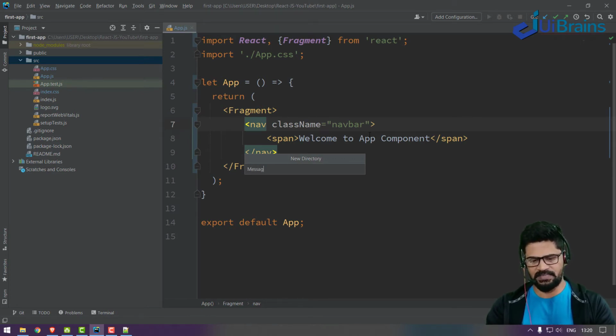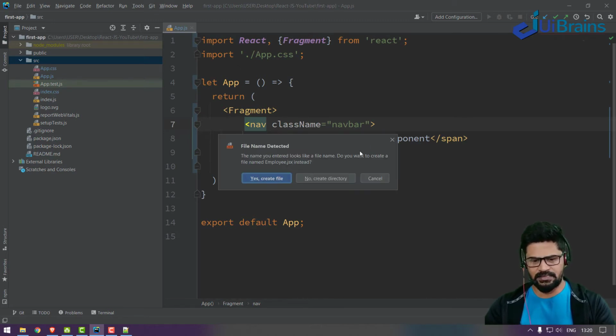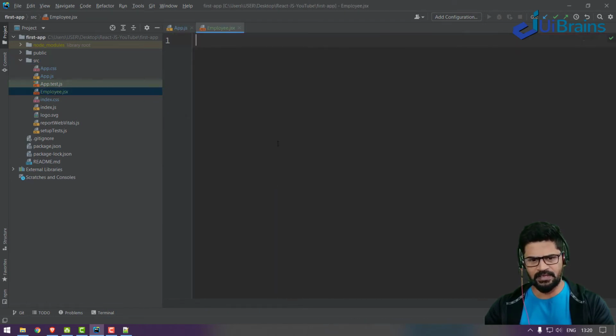Let's say, for example, an employee component, employee.jsx. I want to have a class based component.